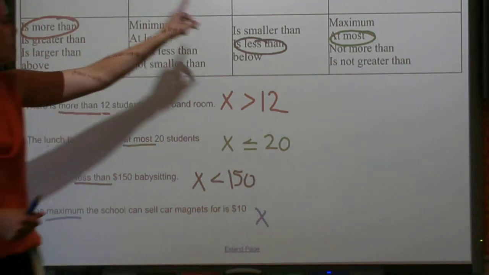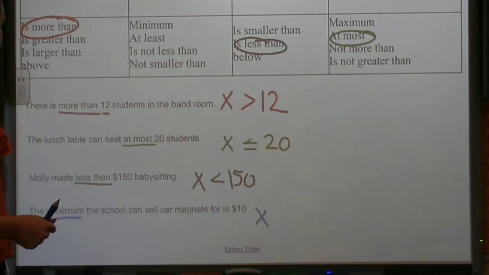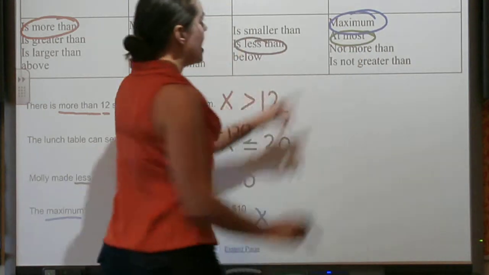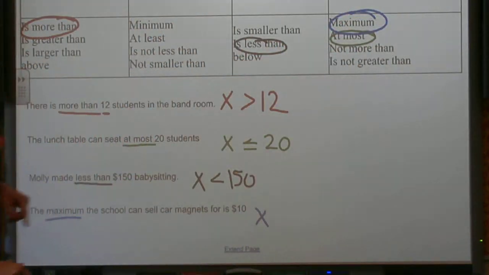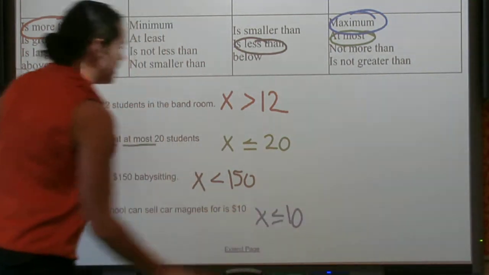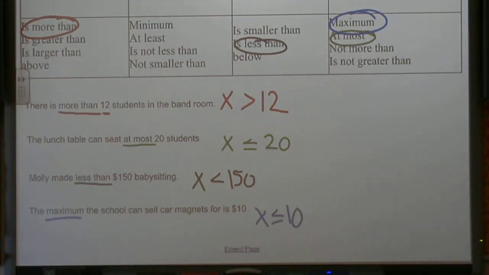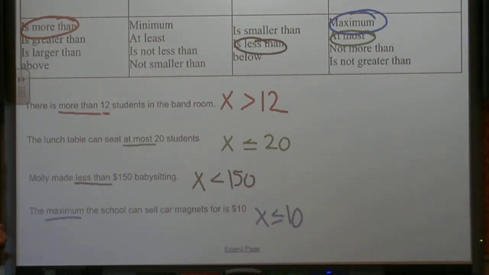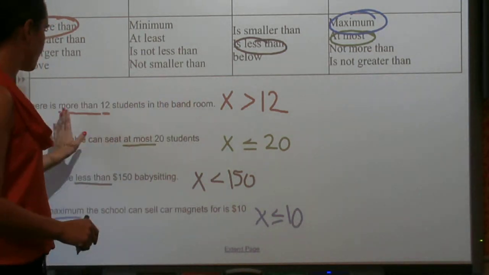So we're going to come up here and look for our word maximum. It is in this column for less than or equal to. So x is less than or equal to 10. I'm going to check all of these and make sure that my term matches, and they do. And this is how you assign a variable, and the reason we assigned a variable is because,